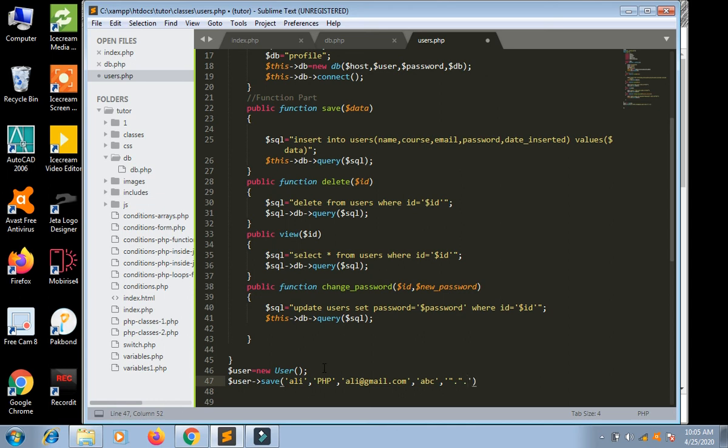And date inserted should be like this. We should configure the data.